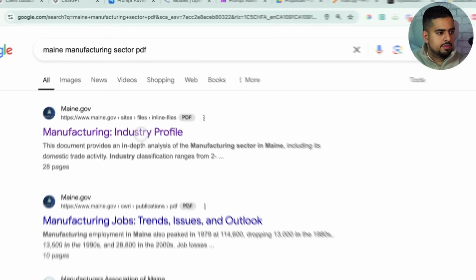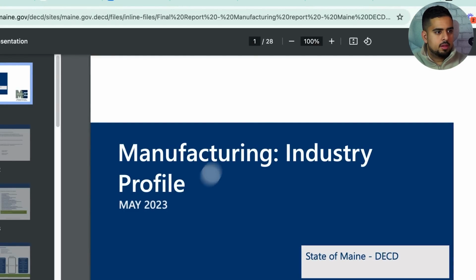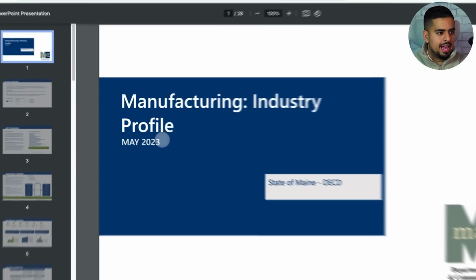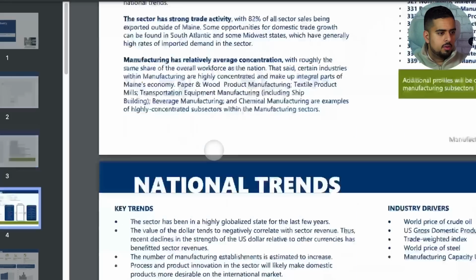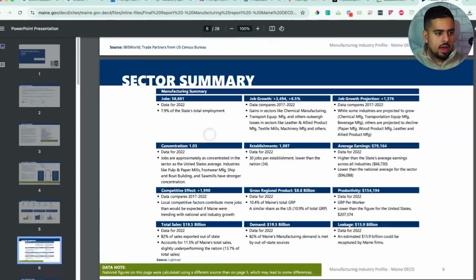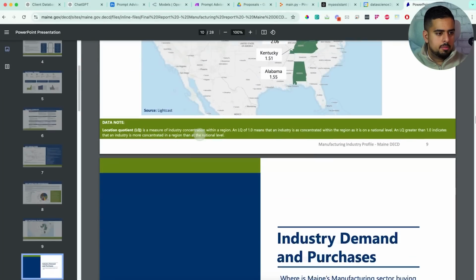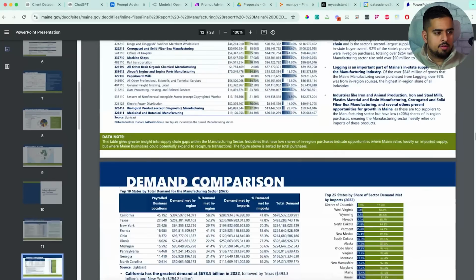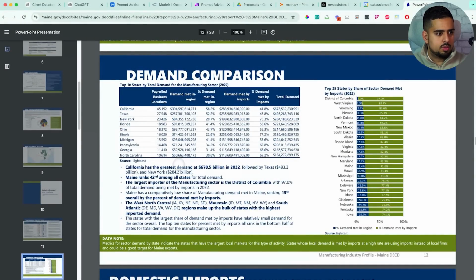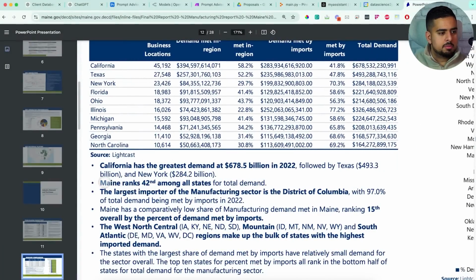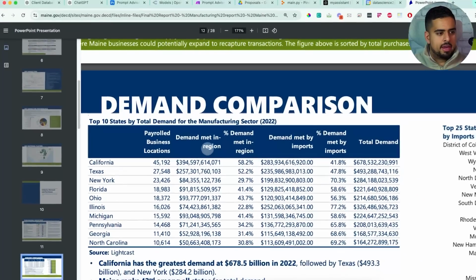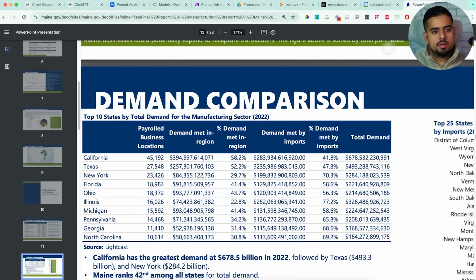And when we click on the file here, this will open up what seems to be a 28-page deck on the industry profile as of May 2023. And if we scroll through, you'll see here we have a mixture of graphs, tables, and what we want to do is basically battle test and see if we pick a random stat off of a basic page here, like, let's say this one, demand comparison. What if I ask the question, where does Maine rank among all states for total demand for manufacturing in general? So we should be able to